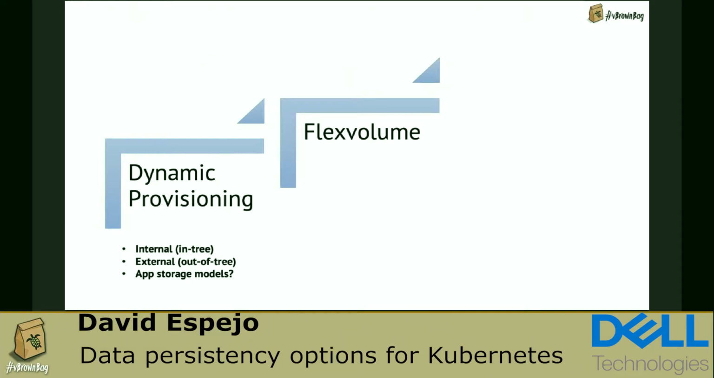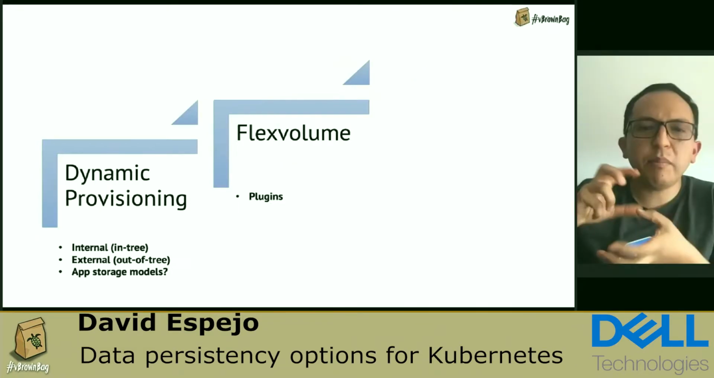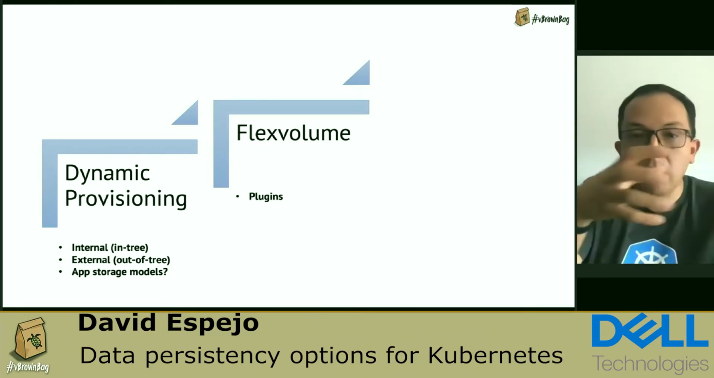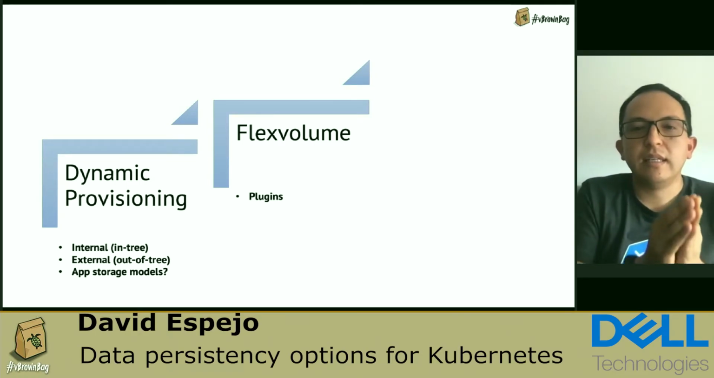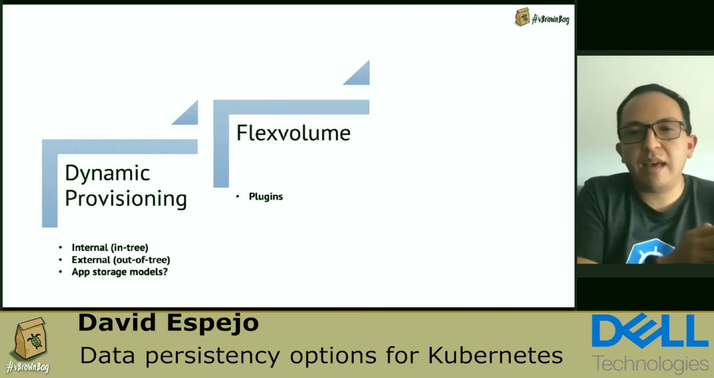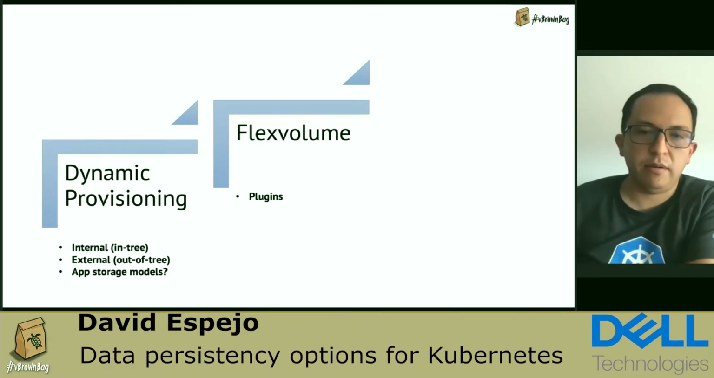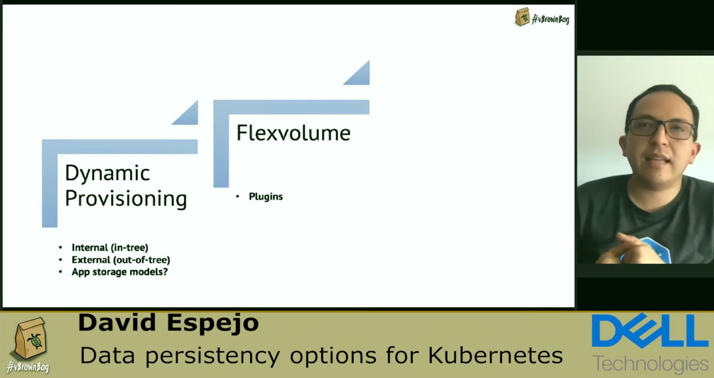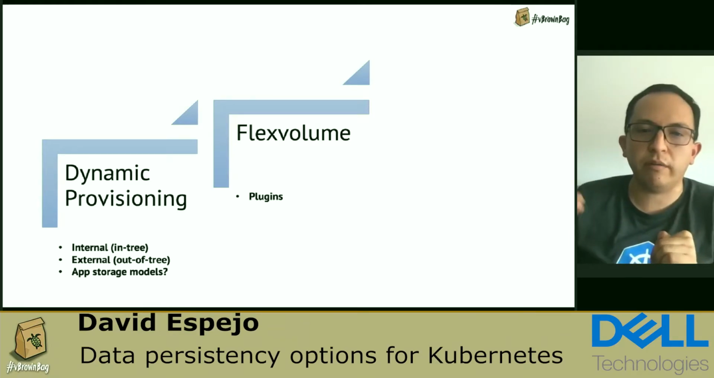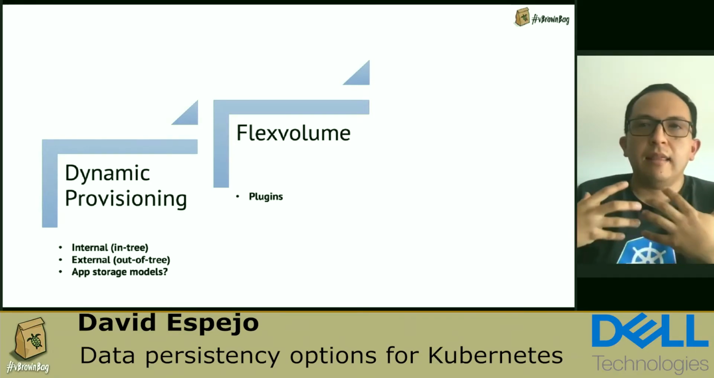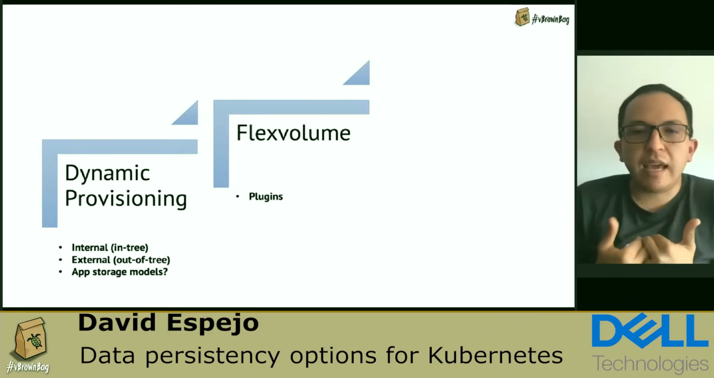A little step ahead was the creation of the volume type called Flex Volume. Why Flex? Because it's a plugin to communicate the pod API, again, the pod being the execution unit for Kubernetes, with external storage drivers. That's great. The thing is that Flex Volume has to be installed in every single node of the Kubernetes cluster. And that implies that it's part of the execution